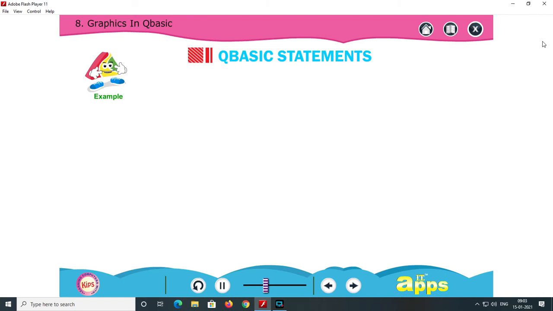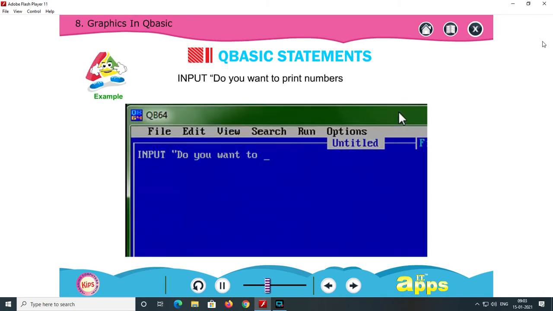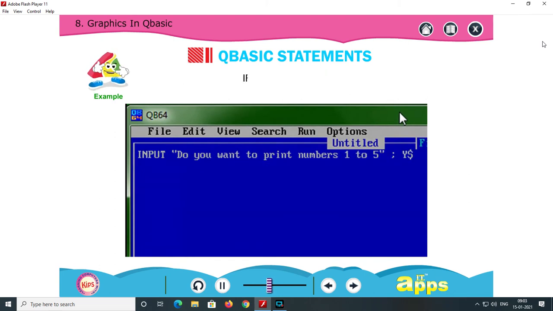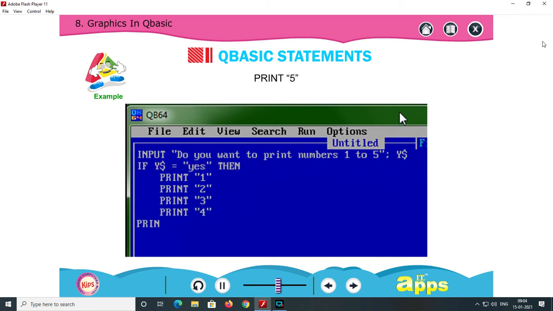Let's look at another example. INPUT "Do you want to print numbers 1 to 5", y$. IF y$ = "yes" THEN PRINT "1". PRINT "2". PRINT "3". PRINT "4". PRINT "5".